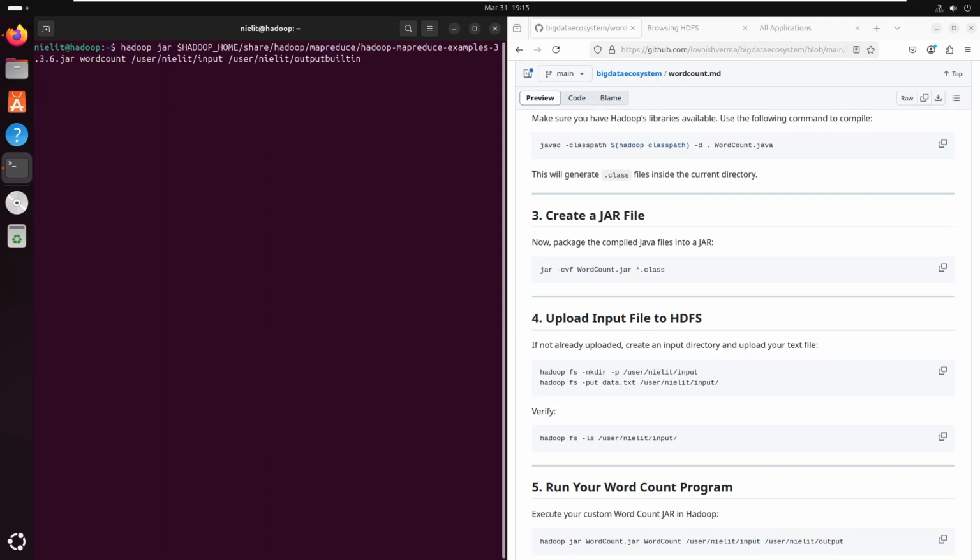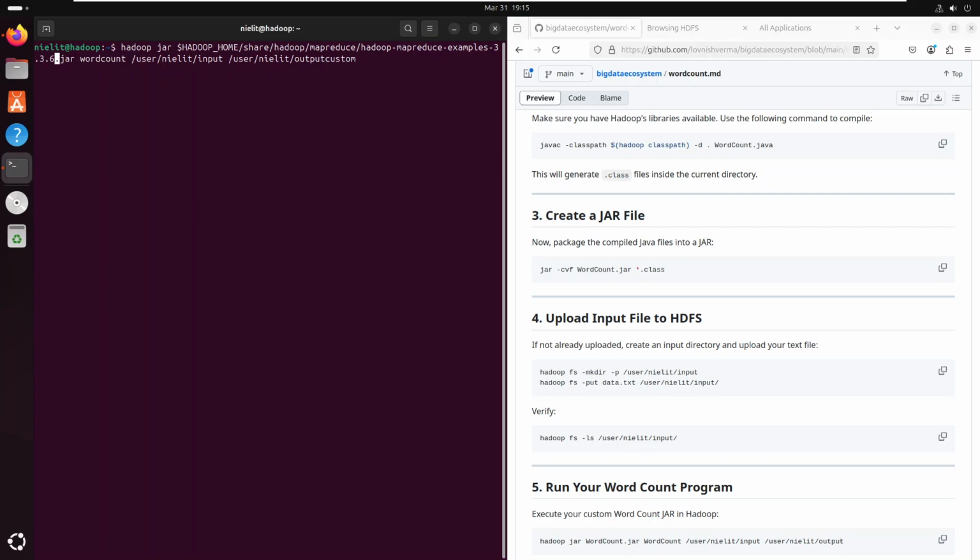Now you can see the same output as the built-in one. Now we will write the output as custom, because it is a custom Java program. We have created this Java program. We are performing word count on the same file we performed it on in our built-in default example, but here